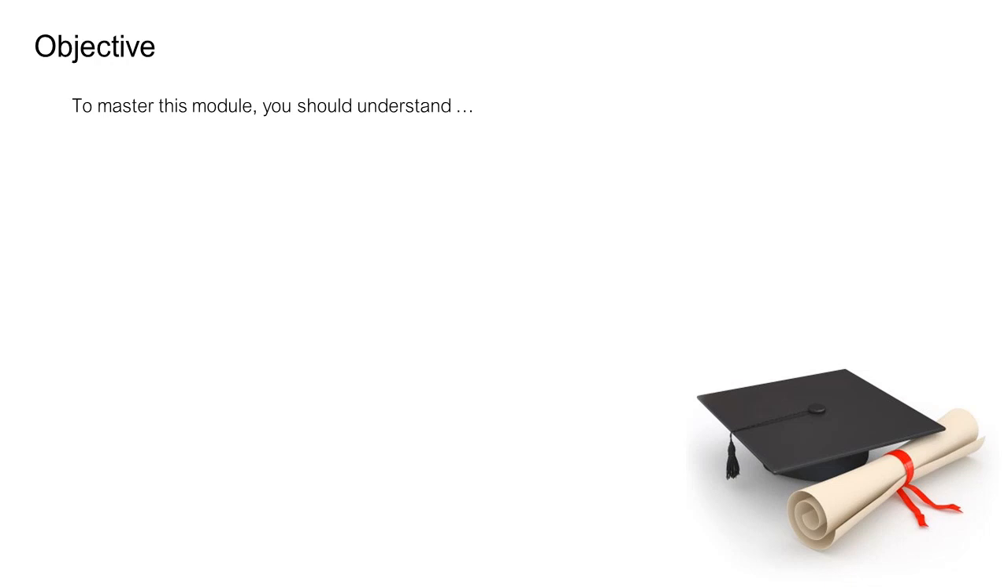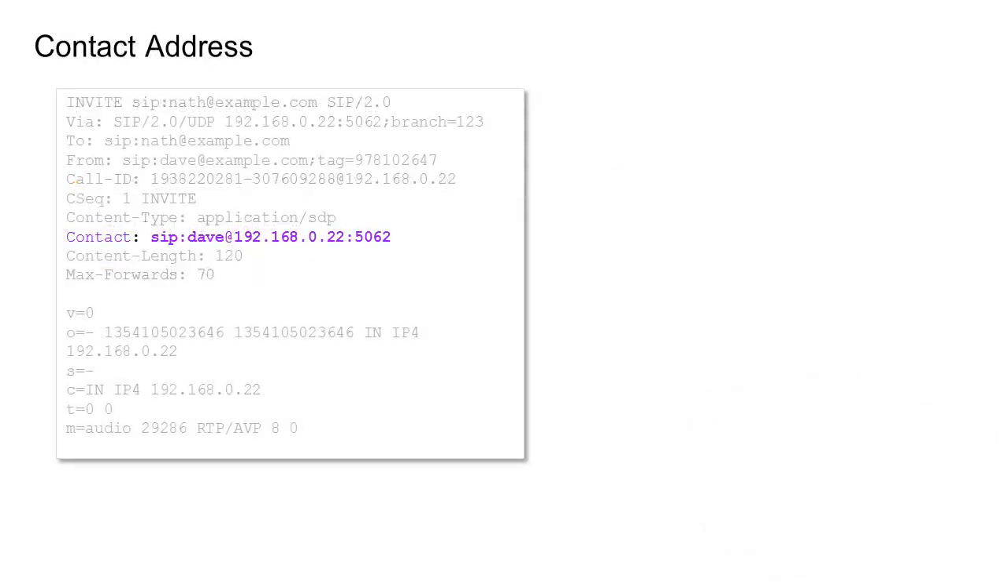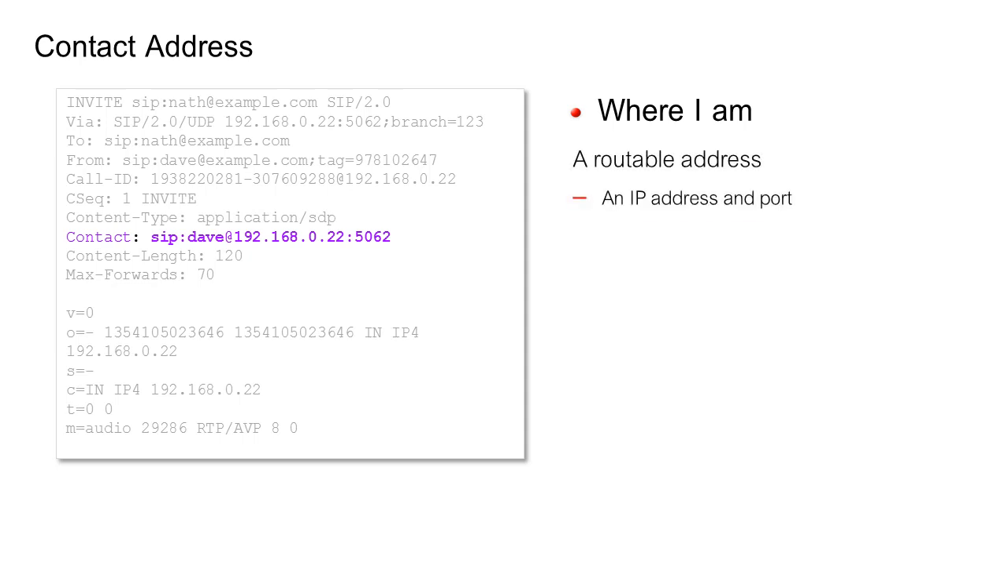Before discussing registration and location, it's important to understand the construct and use of the two types of SIP address, the contact address and the address of record. We know the contact address is the where I am address, a routable address, the physical IP address and port